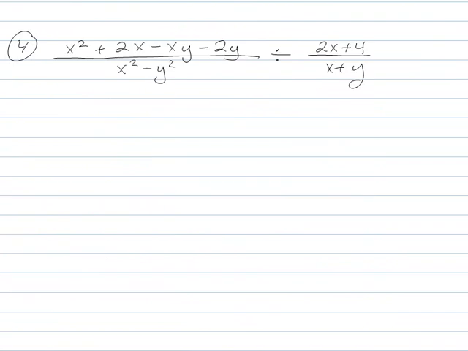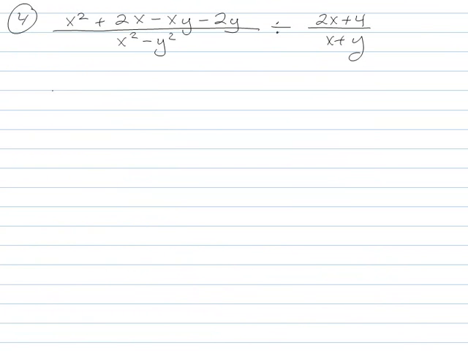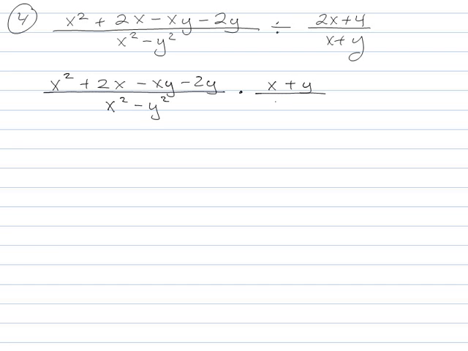So let's try this last one. And again, the very first thing I'm going to do is rewrite the whole silly problem, instead of as a division problem, as a product. Dividing by something is the same thing as multiplying by its reciprocal. Okay. Now this one might give you pause, because this one you actually have to use factoring by grouping,